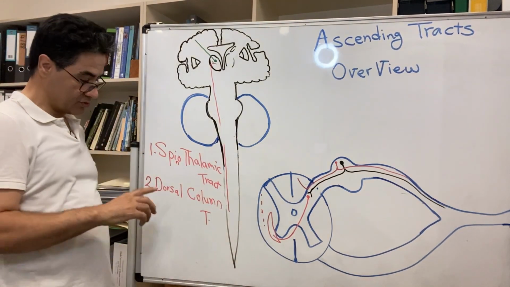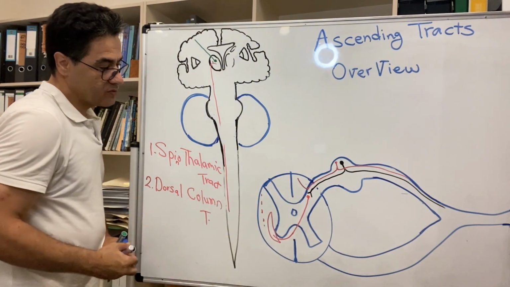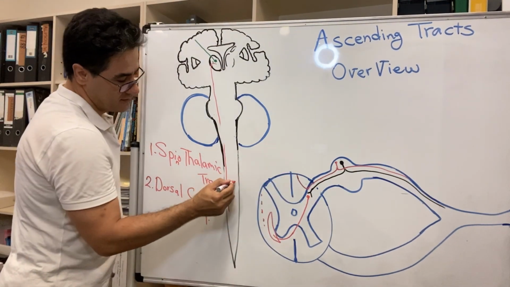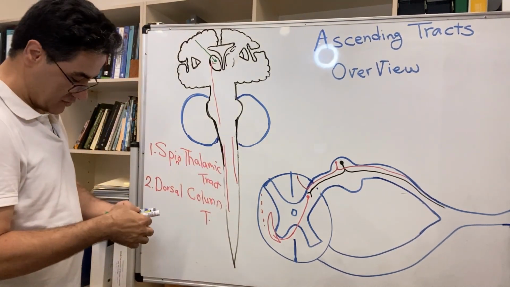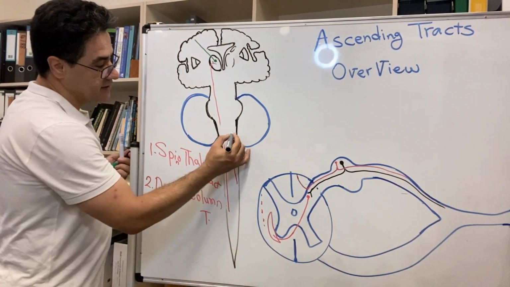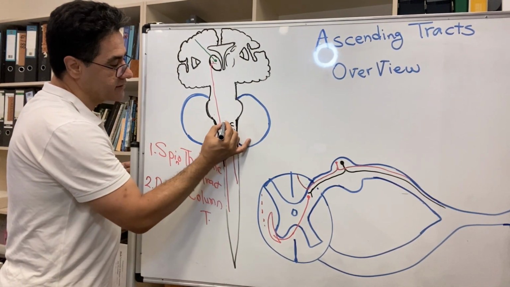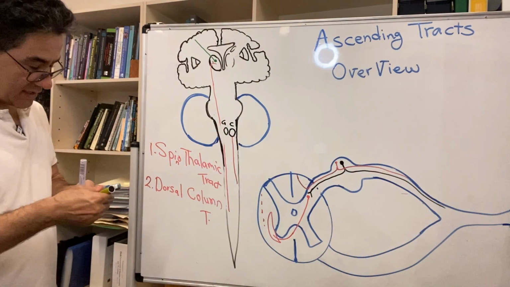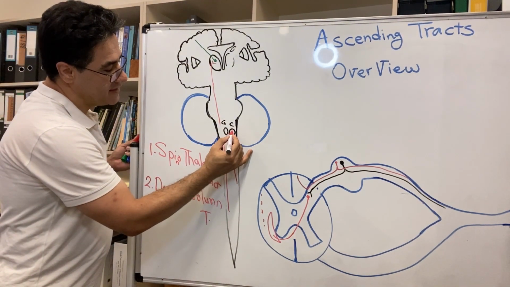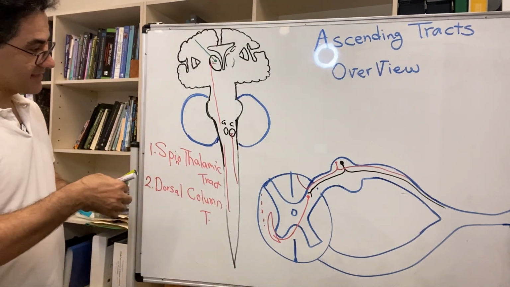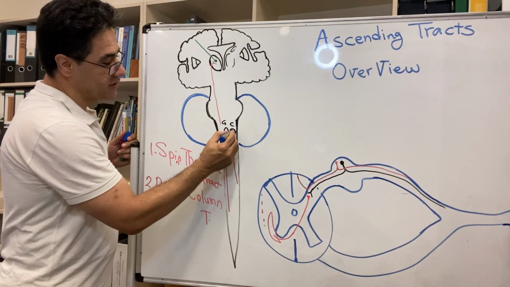So the second order neuron of this tract is not here in the spinal cord. It runs all the way up through the spinal cord to get into the two nuclei in the medulla oblongata. We have two nuclei here, called the cuneate and gracile nuclei. So it synapses onto the cell body of the second order neuron, which is within the gracile and cuneate nuclei,